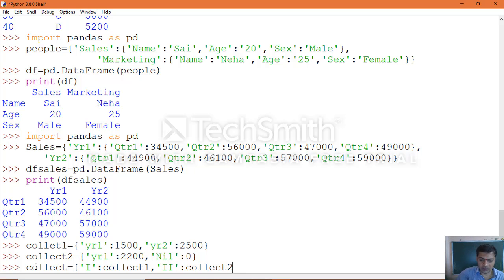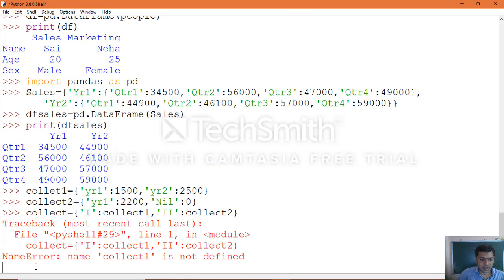Okay, now close this dictionary object. Yeah, we made a mistake. The variable which we defined is not the same as the one we passed here. That's the error which we got.